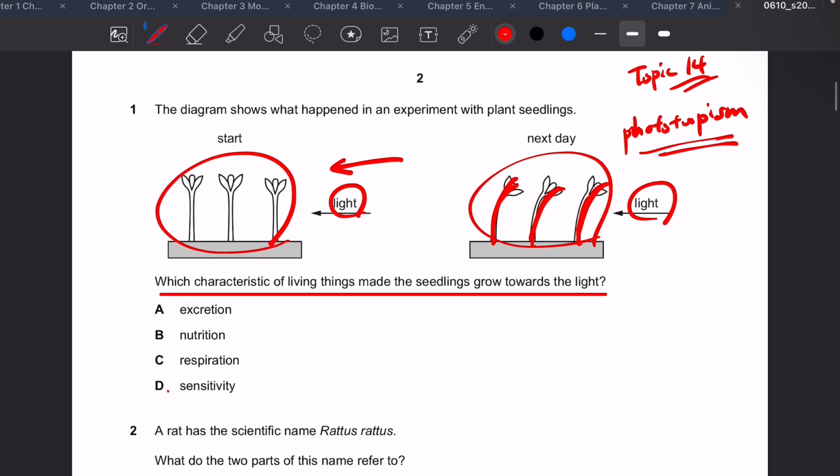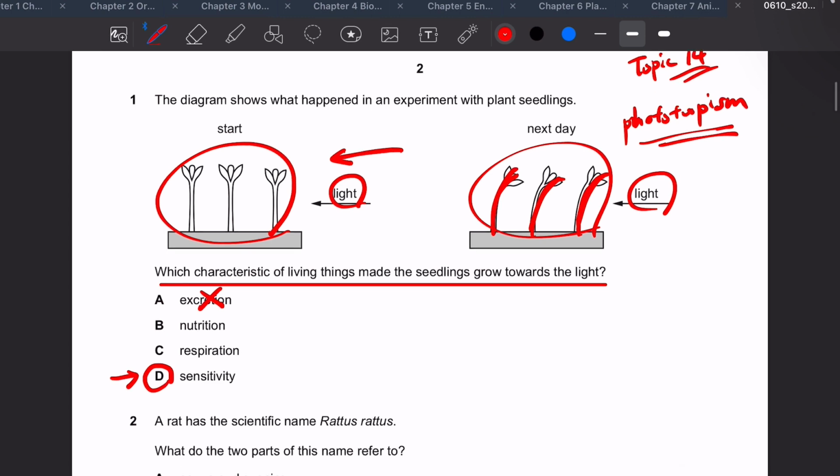So the answer should be D, sensitivity, because sensitivity is the ability, or let's say a process, of detecting a stimulus and responding. So D is the answer. Of course, excretion is not the answer, because excretion means you are getting rid of toxic materials. Nutrition is not the answer, because